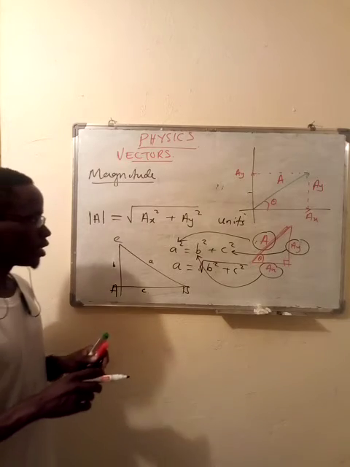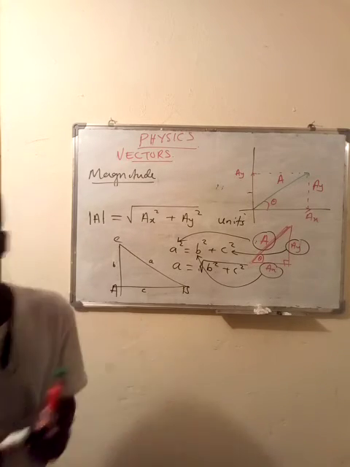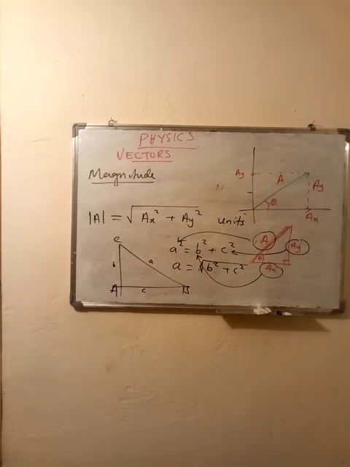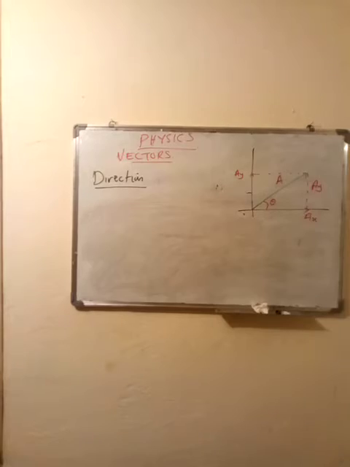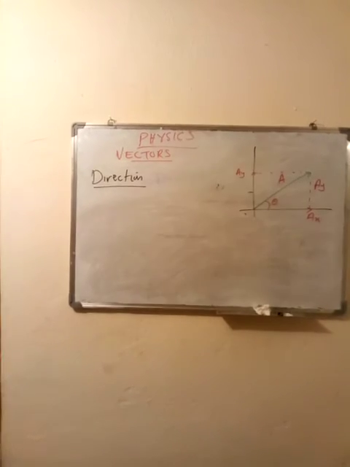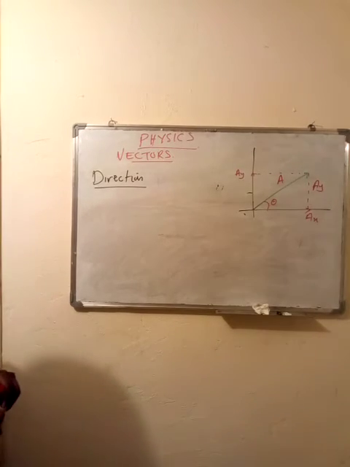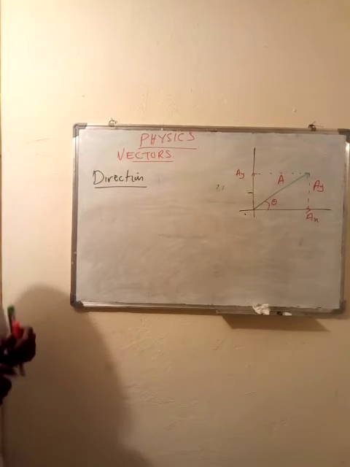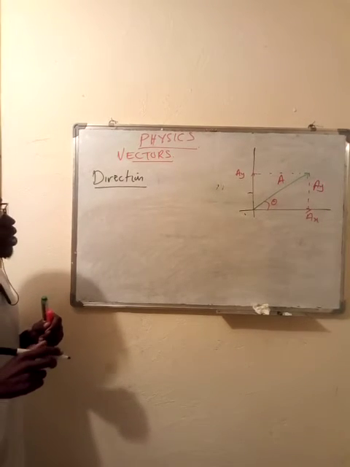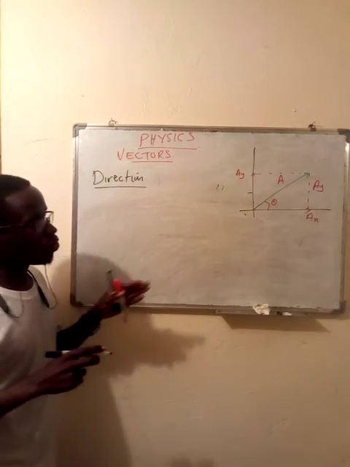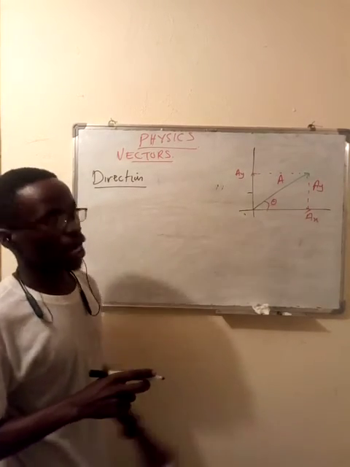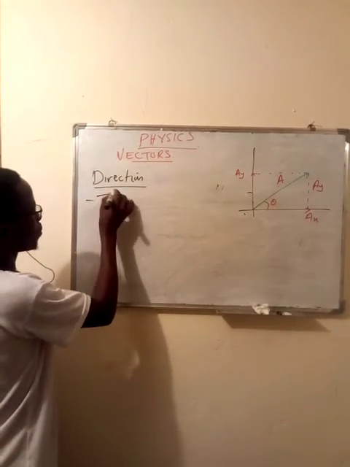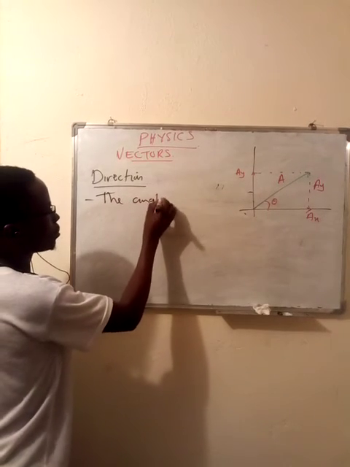So we want to look at the direction of a vector. How do we find the direction now? The direction here, in this case, it's very simple, all right? The direction is simply the angle, okay? In this case, it's simply the angle theta. The angle theta is the direction, okay? So in the case that we have there, the angle theta is the direction. Now, usually